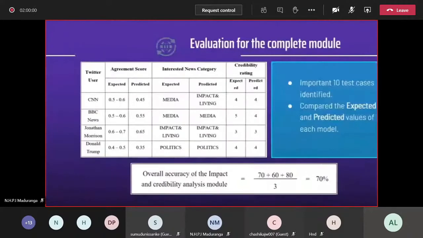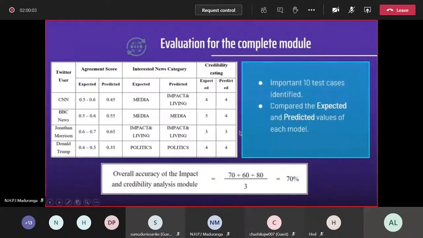So as you can see, we have identified that 70% of overall accuracy has been generated using this complete module, which is the credibility module. These are the categories that we observe in the tweets, and these are the tweet users. If it is CNN, you will get around 4%, right? If it's a person or an individual entity, you will get like a 3 to 2 kind of credibility rating,